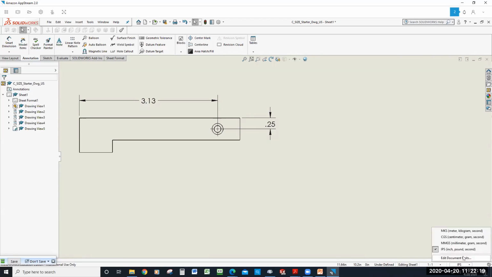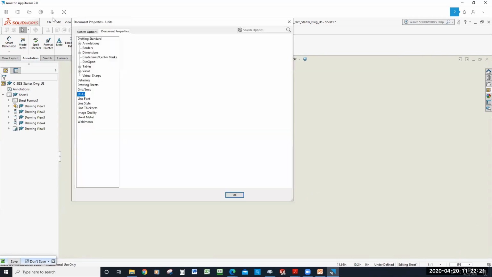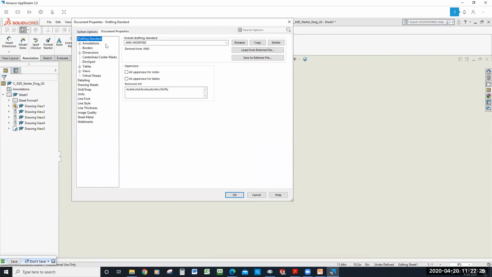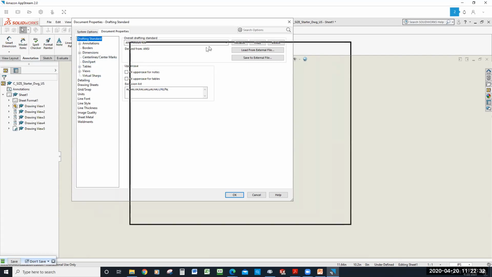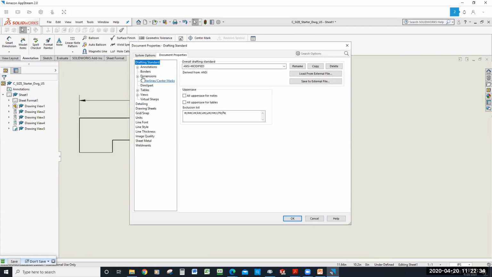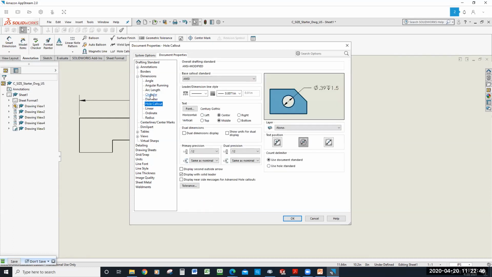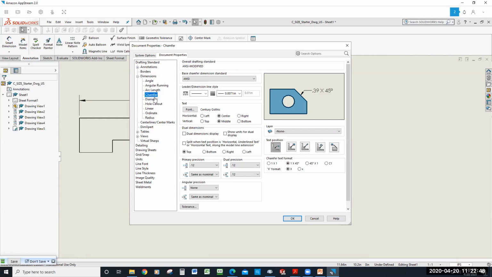make sure they're where I want them, and set up my drafting standard and make sure that that's correct. Look at my dimensions. And make sure that all of those, the base diameter dimension standards match my overall standard of ANSI, so that nothing is different. Because if I go with